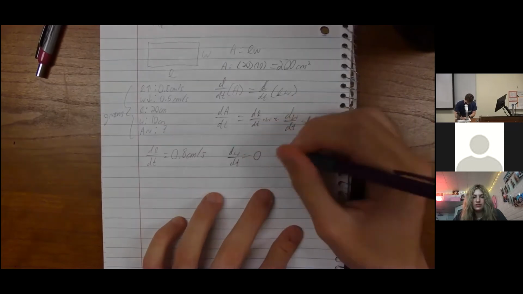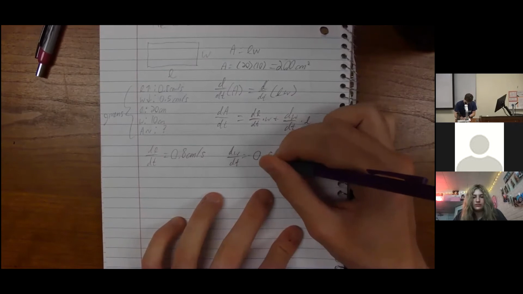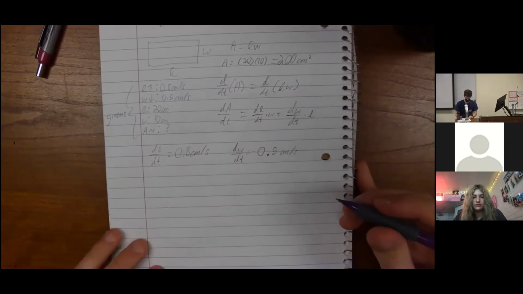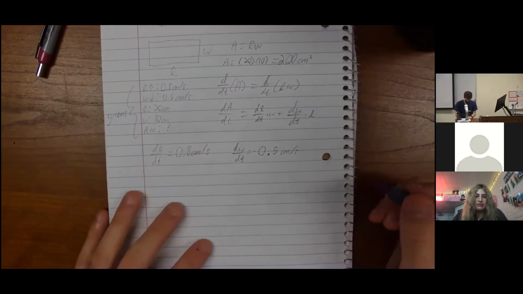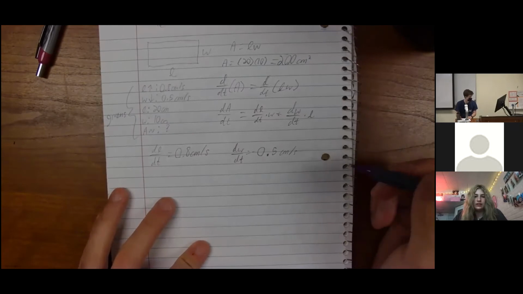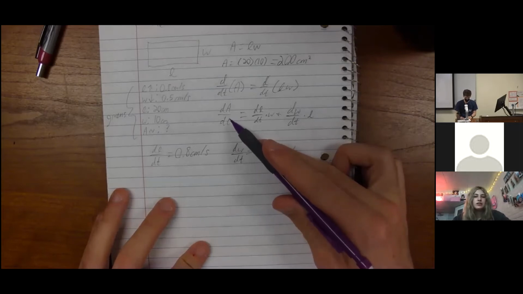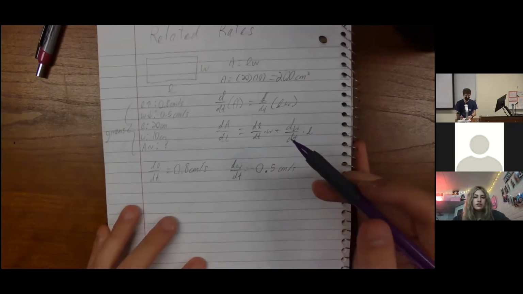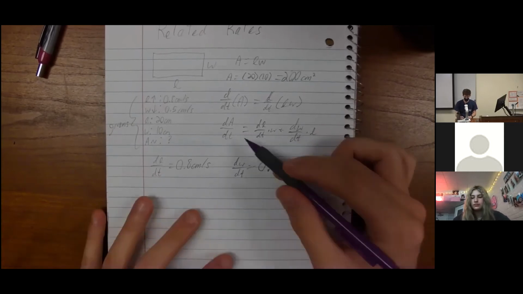You don't really need units, but I'm including them anyway. Okay, so what are the rest of these? And then dA would be x, right? What do you mean? Because you don't know what the derivative of the area is yet, how it's changing. Yeah, that's true. Remember that in the original problem, which I didn't write down anywhere, we're trying to find